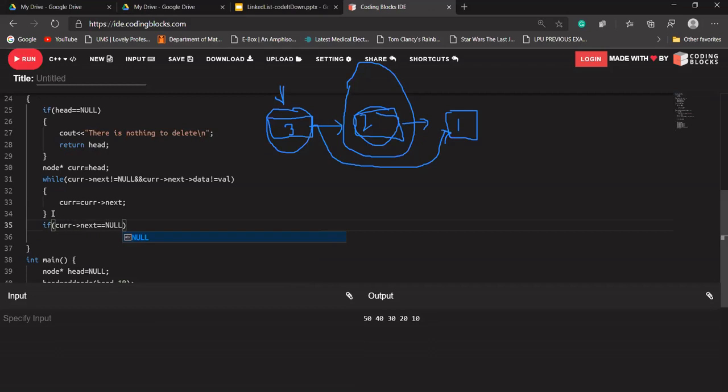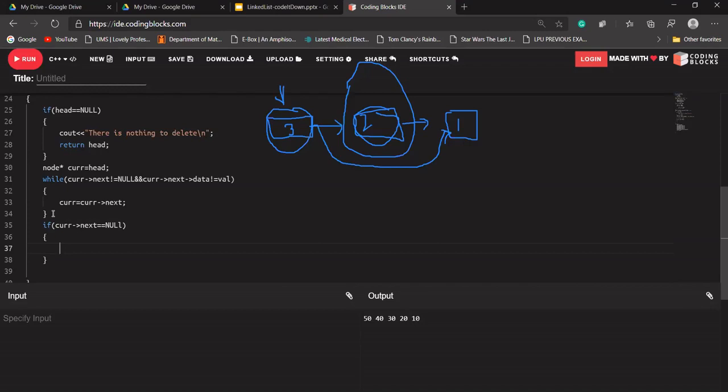If current's next is equal to null, then what should it do? It should be returning, what should it be returning? Can somebody tell us on the group chat?